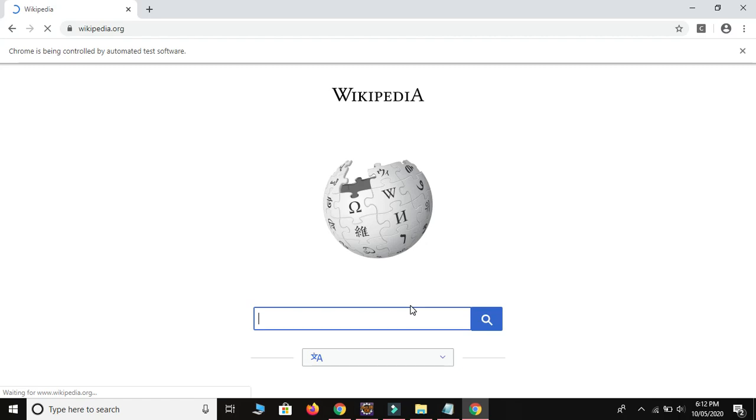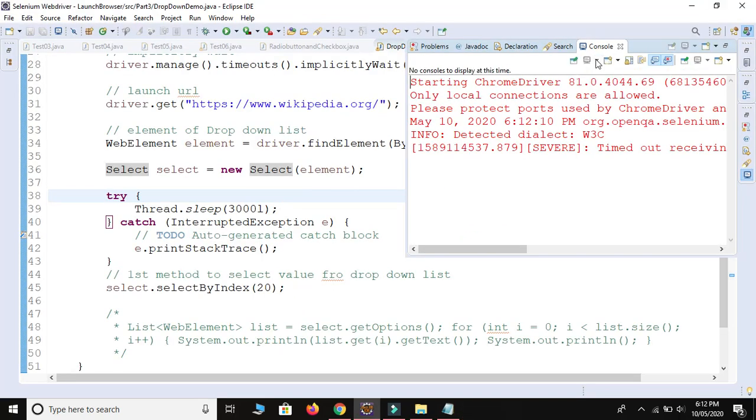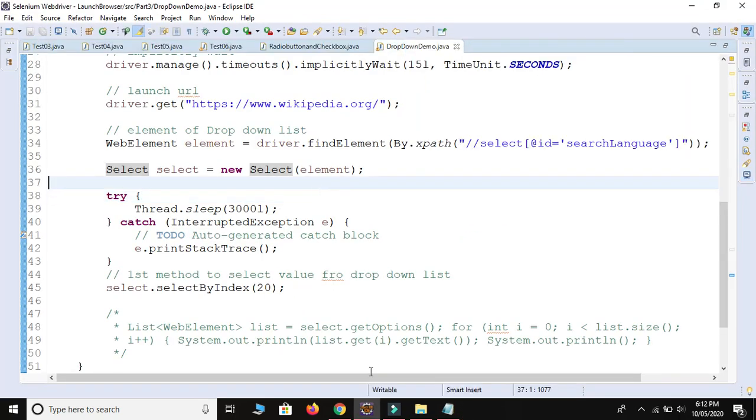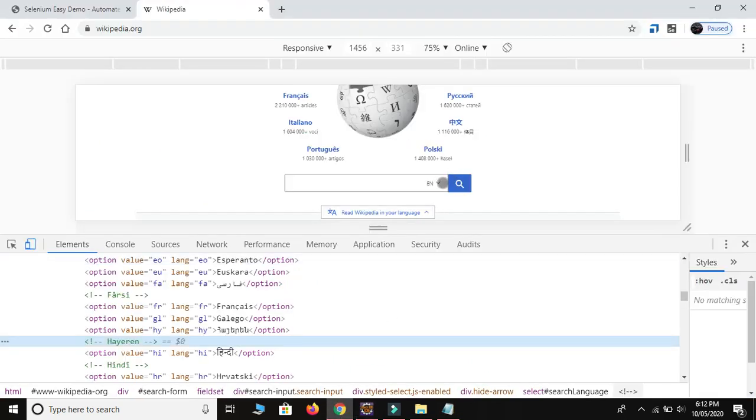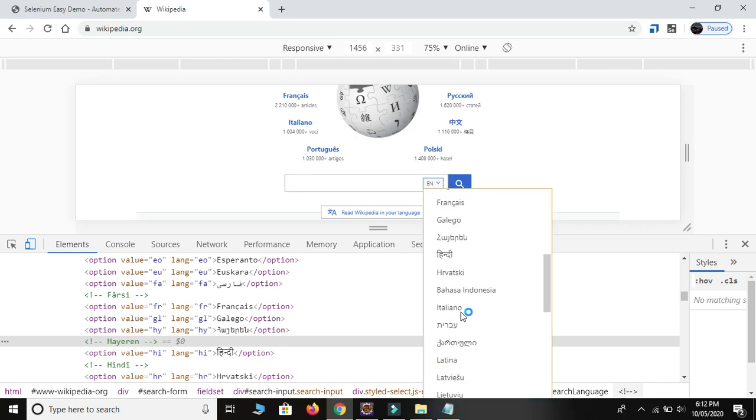So let me focus on the cursor. The value is EN right now and it will change with the HI. See guys, by using this technique you are able to select Hindi language also, because this contains actual different languages, Hindi.